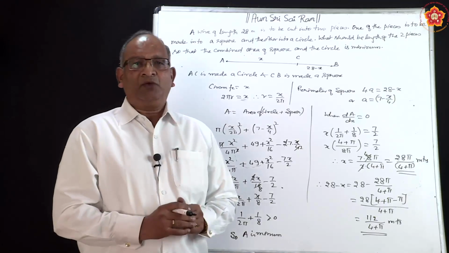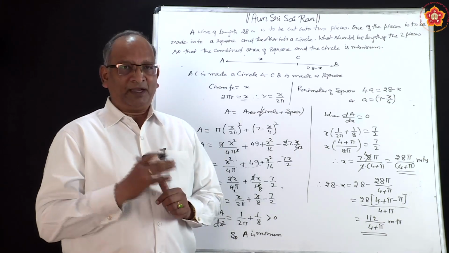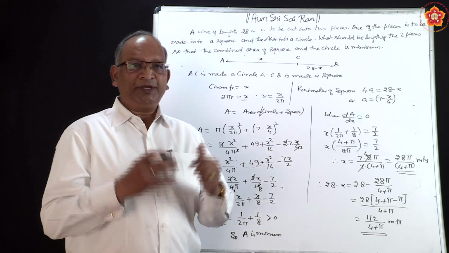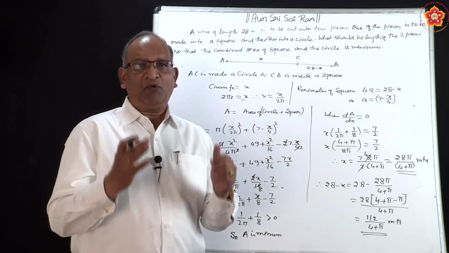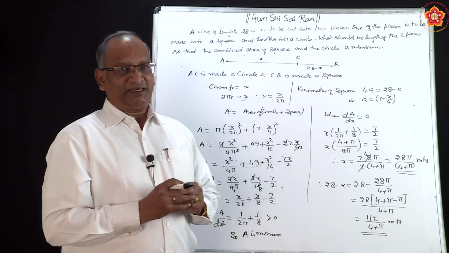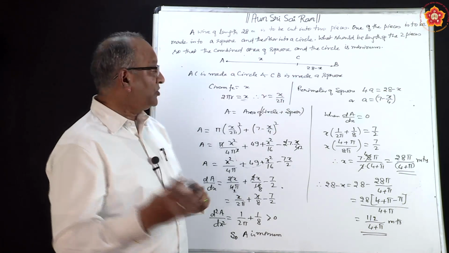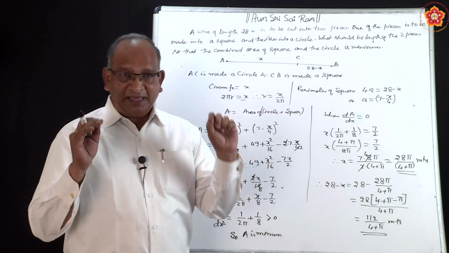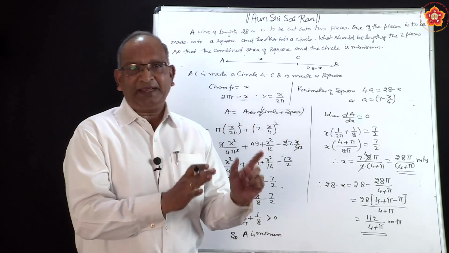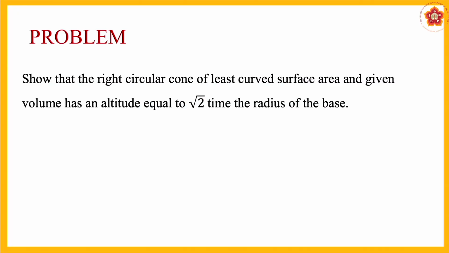So in this way, we solve this particular problem. What do you find in the problem? There are lots of calculations, and you need to understand the problem. You need to know what is given. Once you know what is given, that particular term will become a constant. For example, here he told us to find x, and he told us to minimize the area. So if area is to be minimized, the function is that of area. So we have to find dA with respect to x and then solve the problem. Let us move to the next problem.